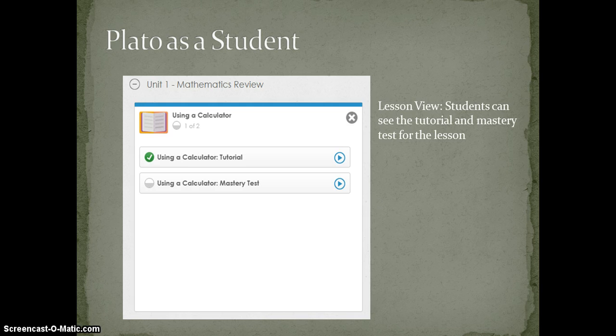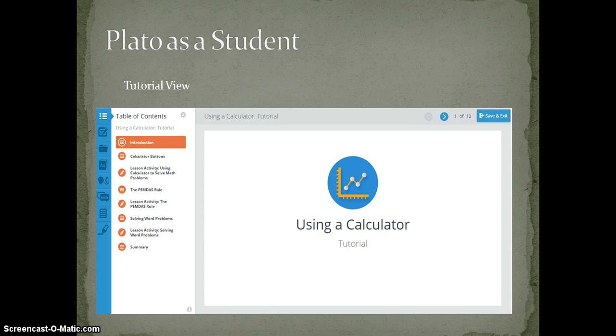And let's go a little bit further in. So this is kind of what a tutorial looks like. Now I showed you a split screen just to show you a couple of things. So you have the table of contents here, so it gives you kind of an outline of where you're going in this lesson. So they always have an introduction, there's always a summary,